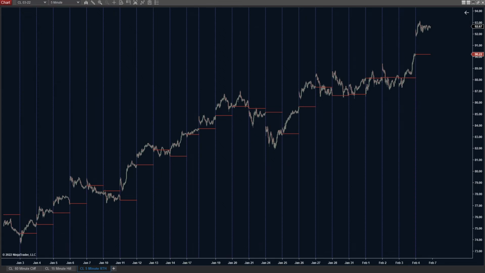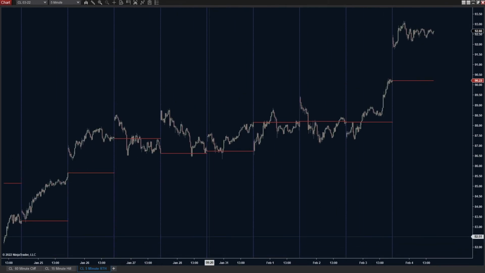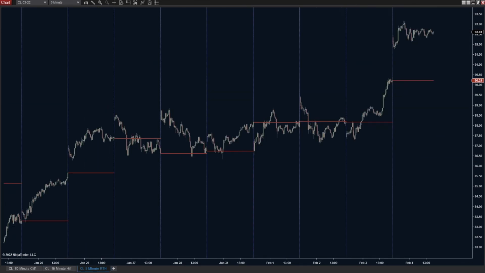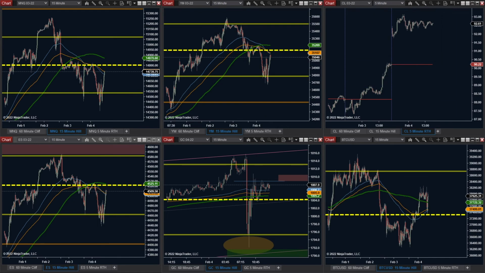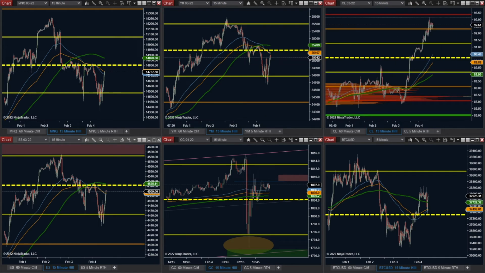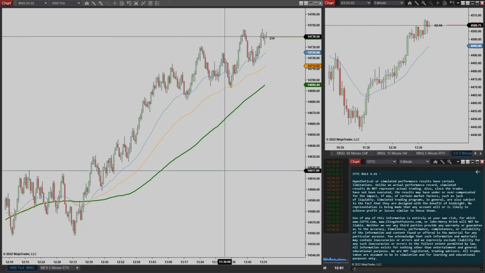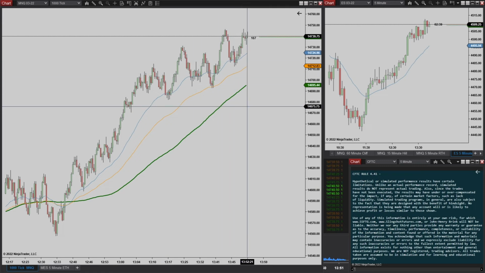Now, sometimes it's incredibly obvious like this, and we're using a 5-minute chart in comparison to a 15-minute chart, and even just a 5-minute chart zooming out a little bit. If you look at the 15-minute chart, it's even more obvious. But you don't even necessarily have to do that. Like we saw on the faster time frame, it's something that we can utilize just by scrunching the chart together. One of the most obvious ones for me, of course, when we're looking at these faster time frames and scrunching them together would be the NASDAQ. The micro NASDAQ is one that I'm constantly utilizing.